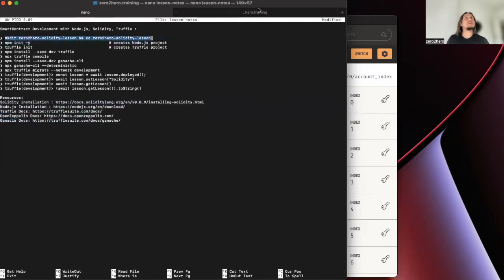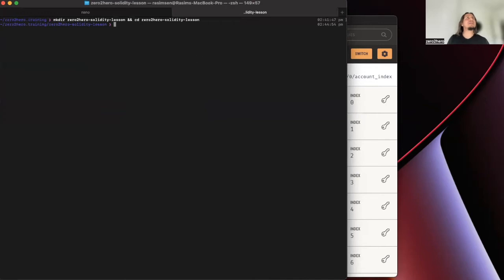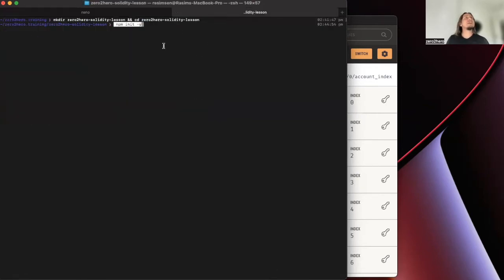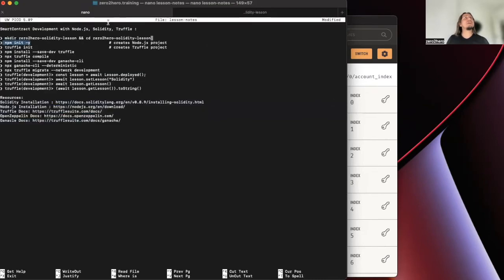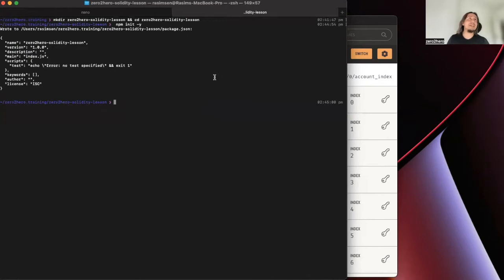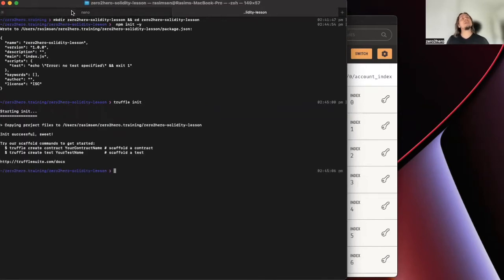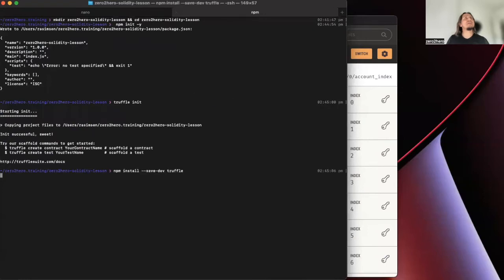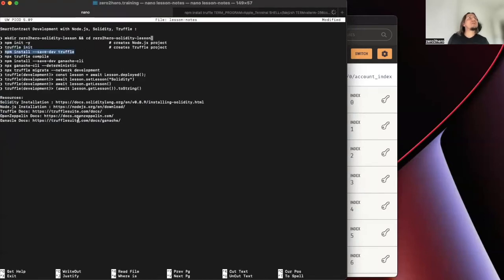with the project creation. In the first place, I will create one folder, and then I will initialize one Node.js project with the default settings, and then in there I will initialize also Truffle project. Later on, to execute my Truffle command, I need Truffle package. During this time,